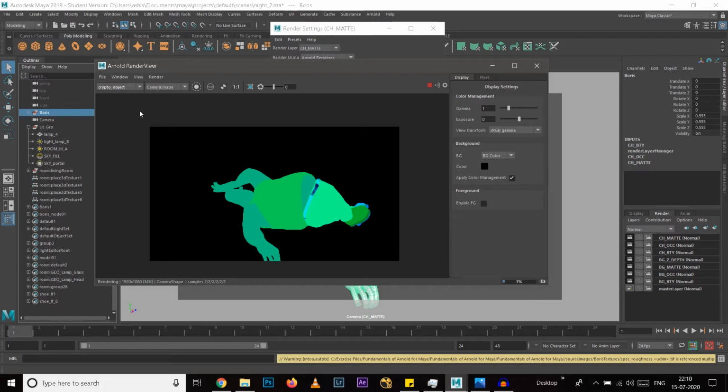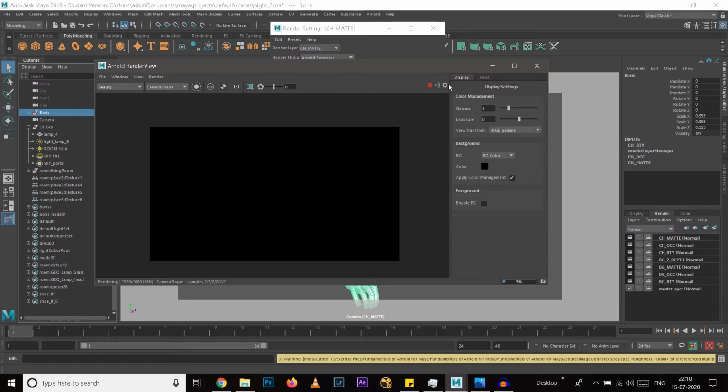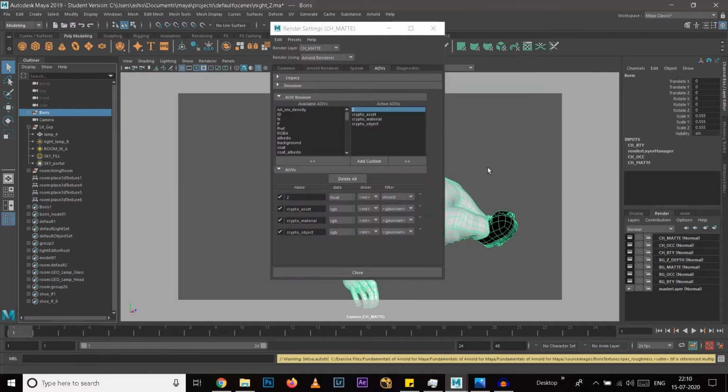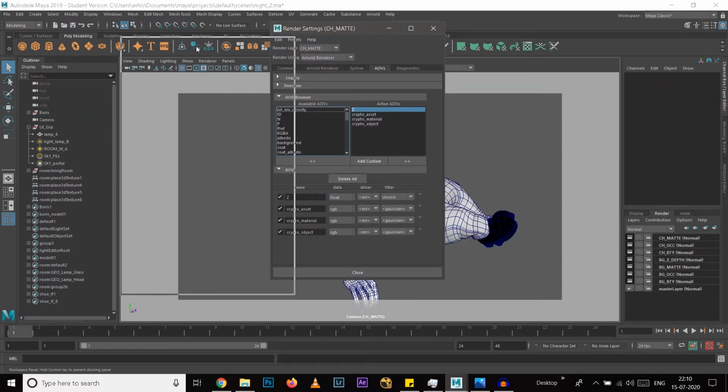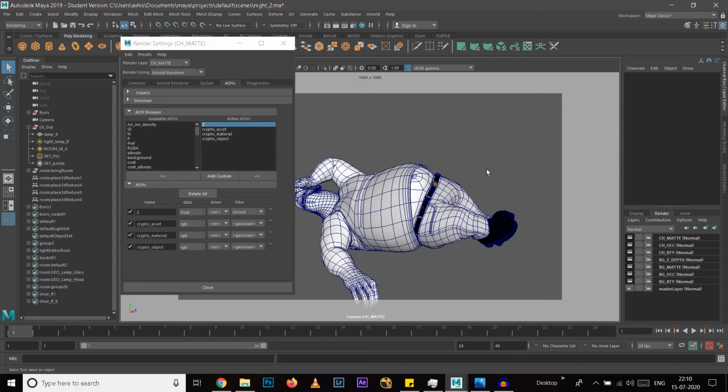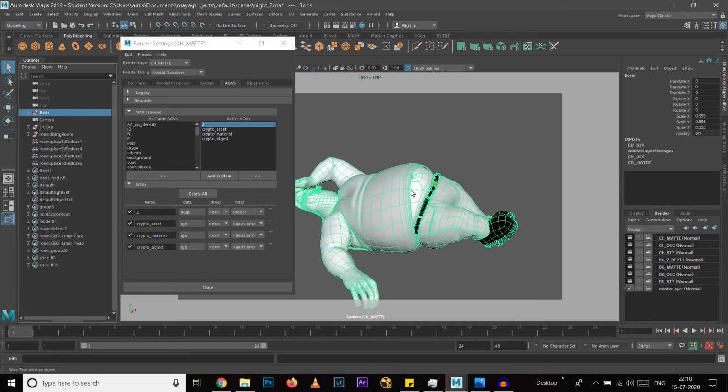Object, yeah, it's coming differently for all the objects, fine. So now there is this very important layer that we need, that is the interaction between our character and background. There should be a layer that is having the influence of the character on the background. So for that I will create a new layer.